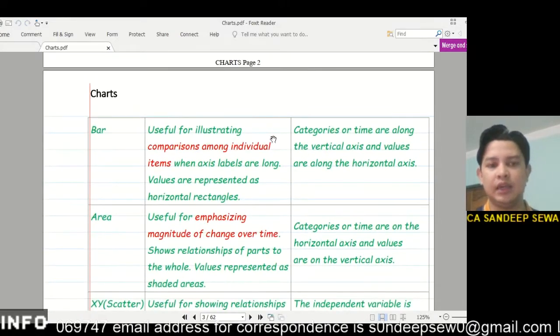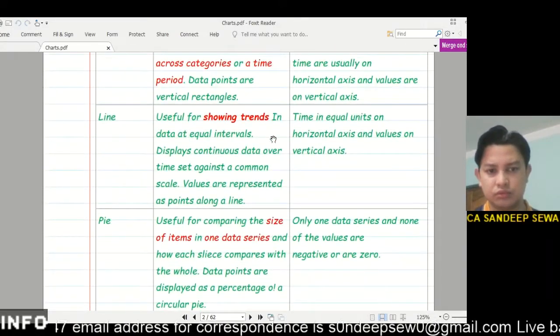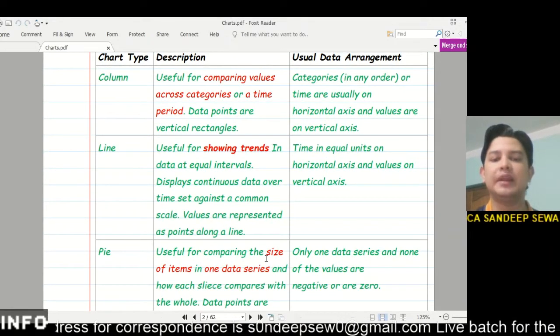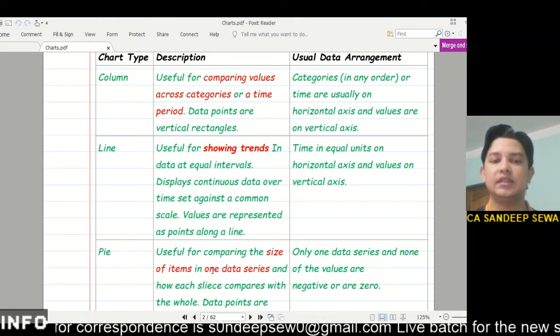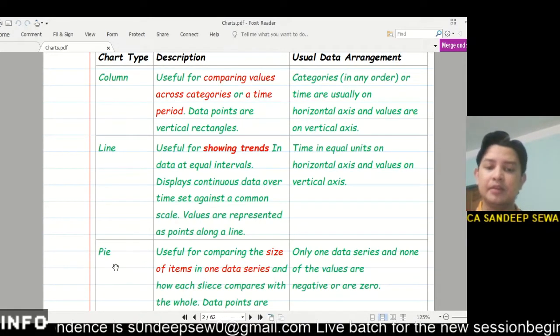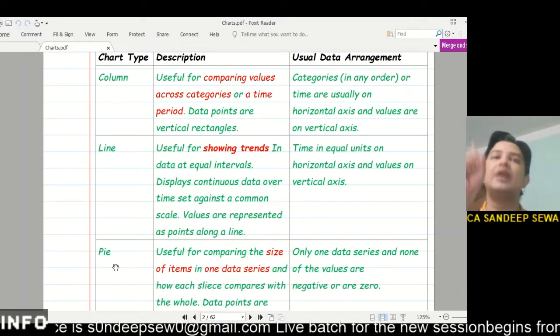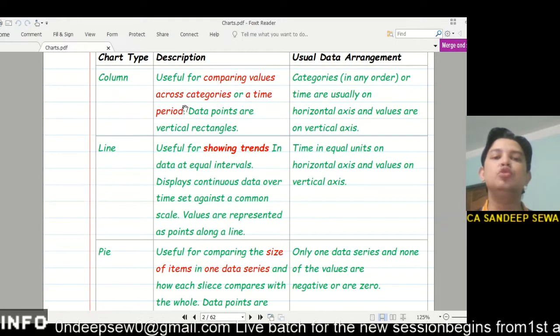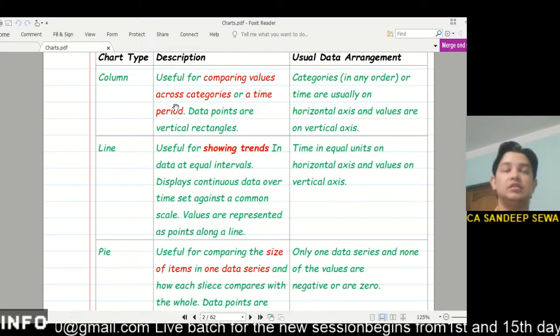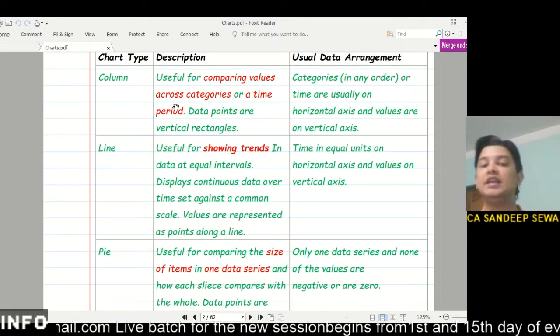A pie chart is useful for comparing the size of items in only one data series. But a column chart is useful for comparing values across categories. If there are many data series, a column chart can interpret it easily.